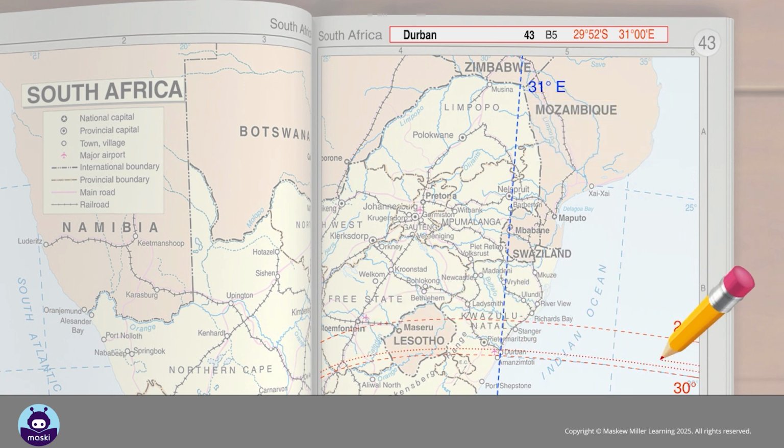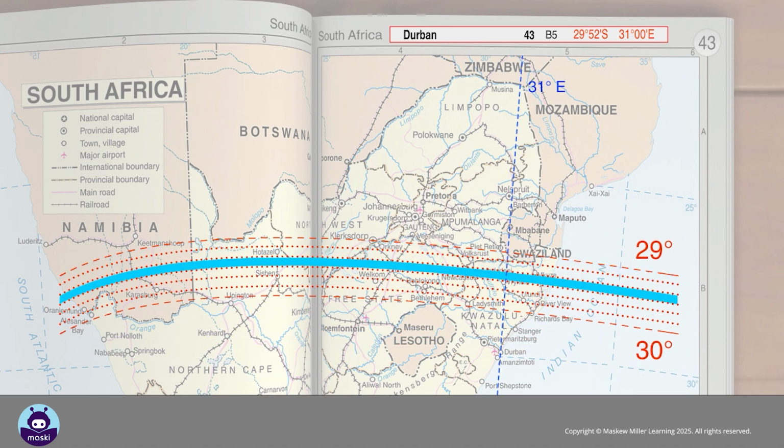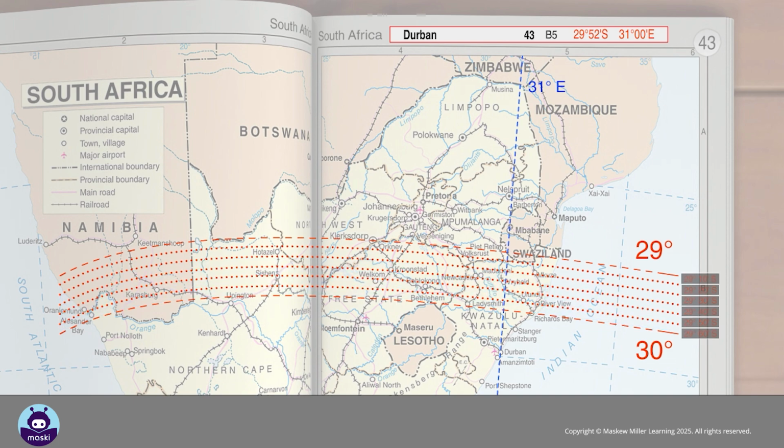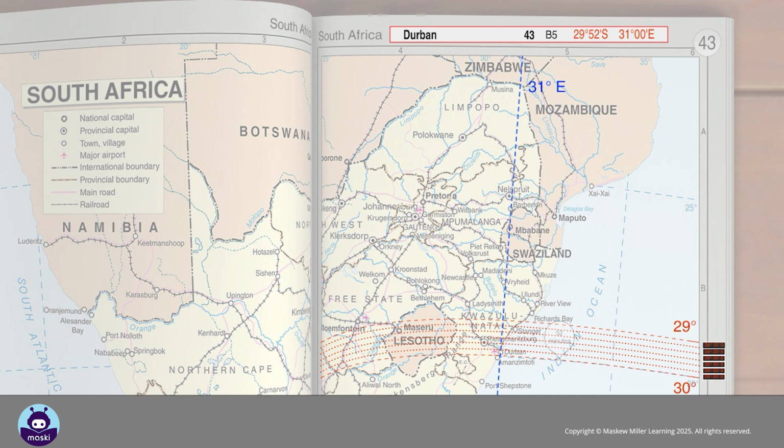Lightly in pencil, divide the degree space between 29 degrees south and 30 degrees south into 6 equal parts. Each section would represent 10 minutes of latitude. 52 minutes will therefore be found just after the 50-minute marking. The intersection of this pencil line with the 31 degrees and 0 minute east longitude line gives the exact location